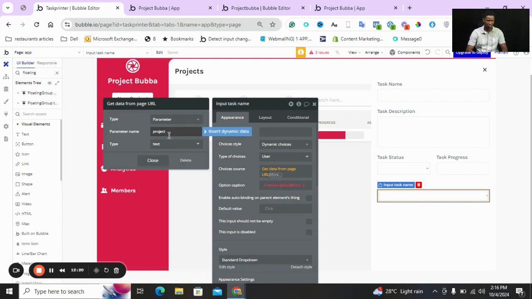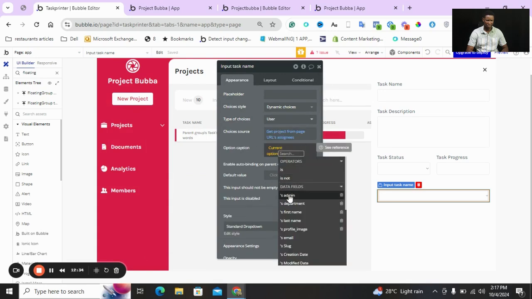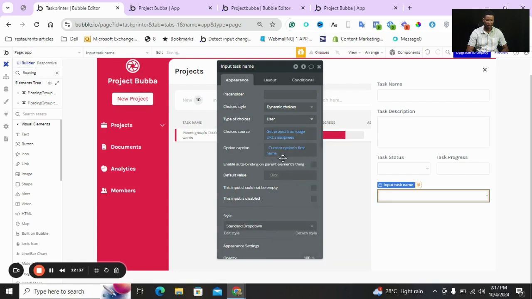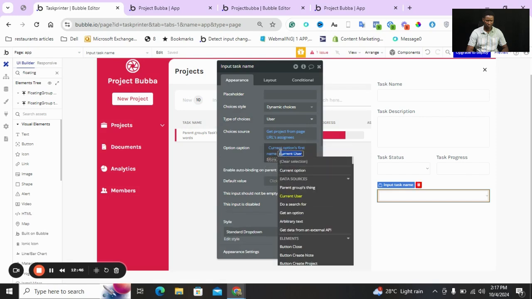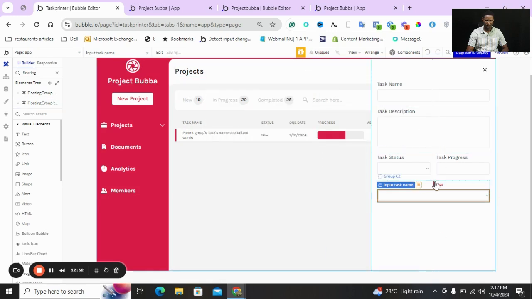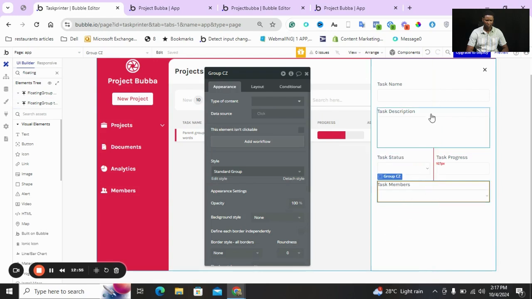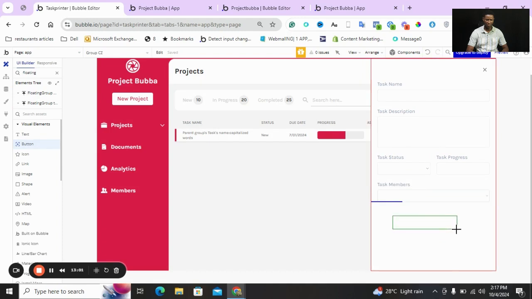So project. Then we want projects as assignees. So it's going to be the current option's first name, and then the current option's last name. And that is all. So next we just want to grab the button here and paste that button here underneath,